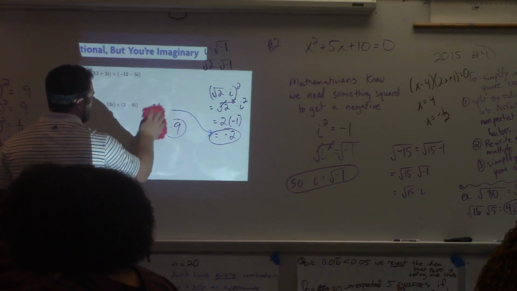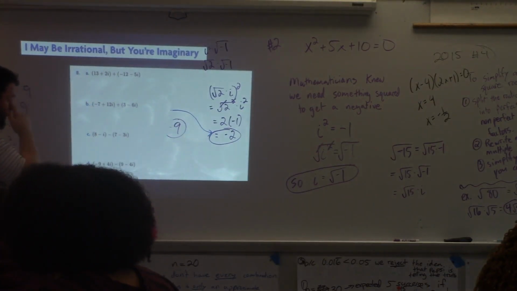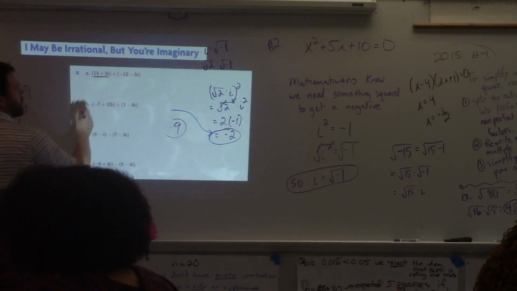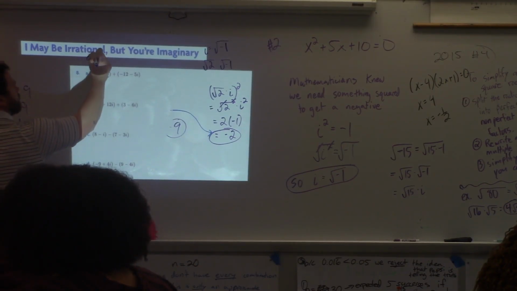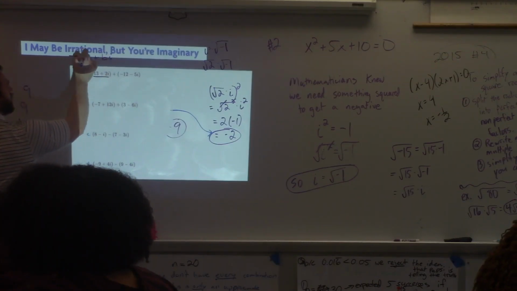So now we're going to look at these four examples. One thing I want you to be aware of, so this is 8. When I look at 13 plus 2i, how many numbers do you see there? Most people think 2, but actually it's only 1. This is known as a complex number